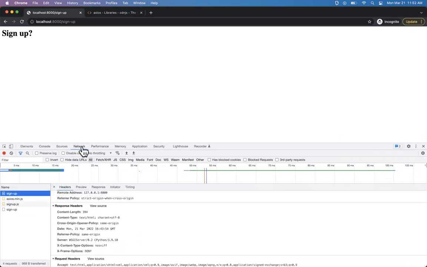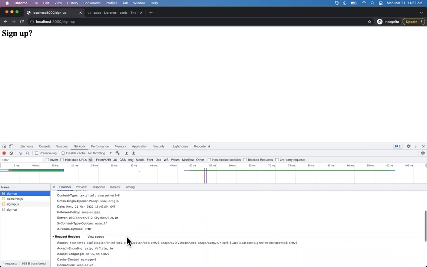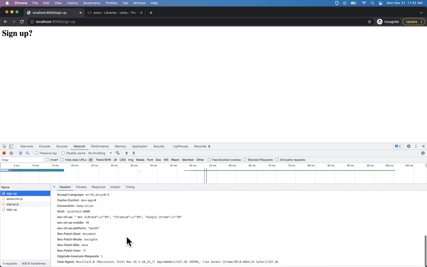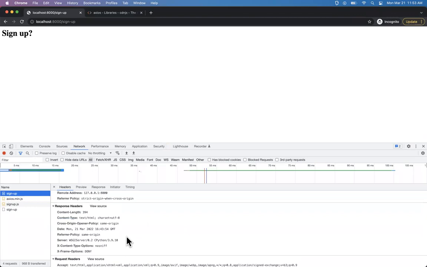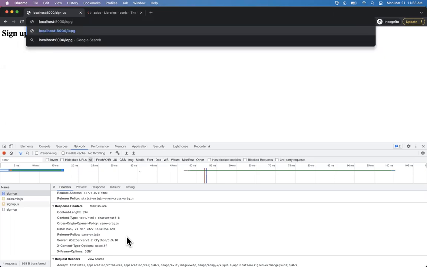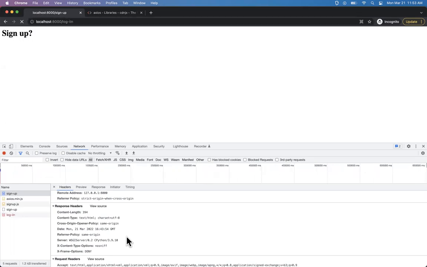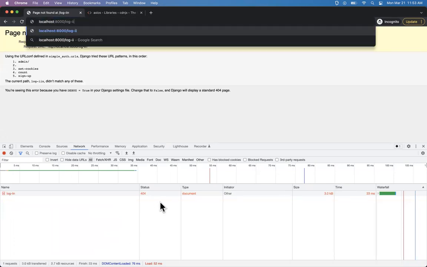All right, you notice that I just signed up and it said it was successful and we see the user in the database, but it doesn't start a session for me. I'm not sending or receiving any cookies. So those are distinct separate concepts. But now when I go to log in,